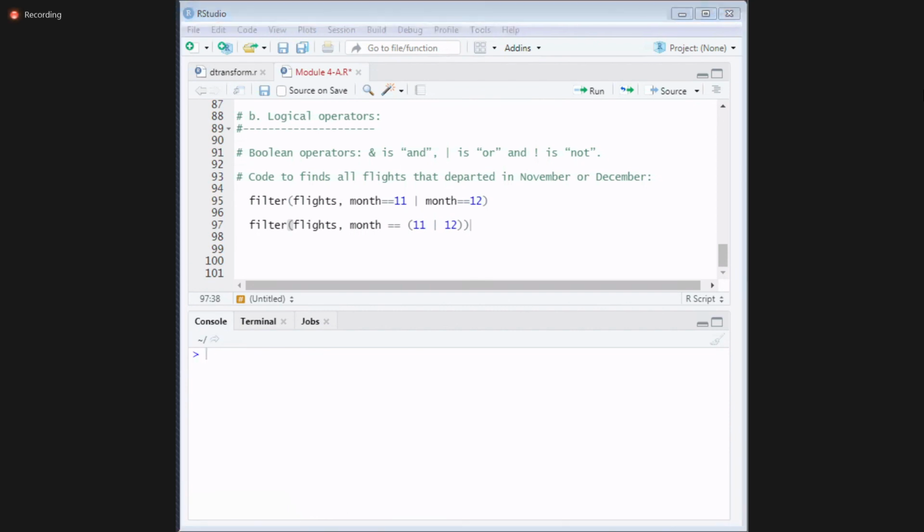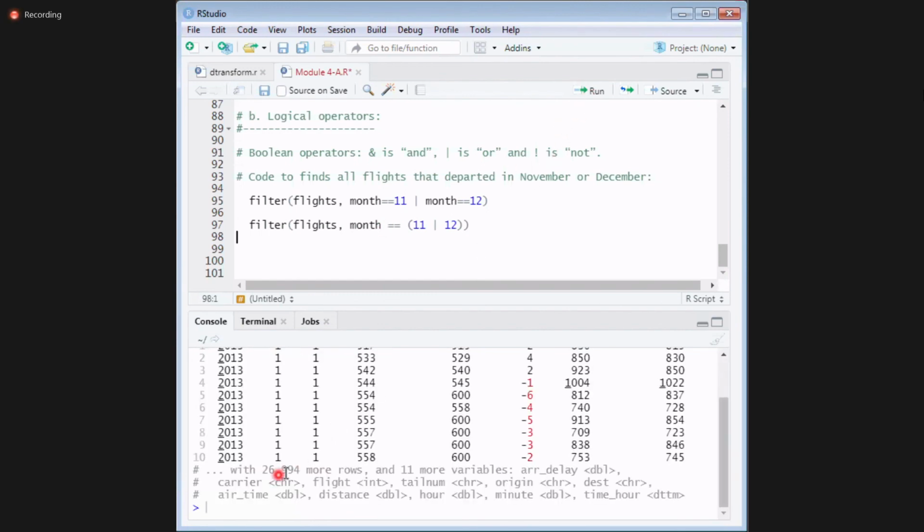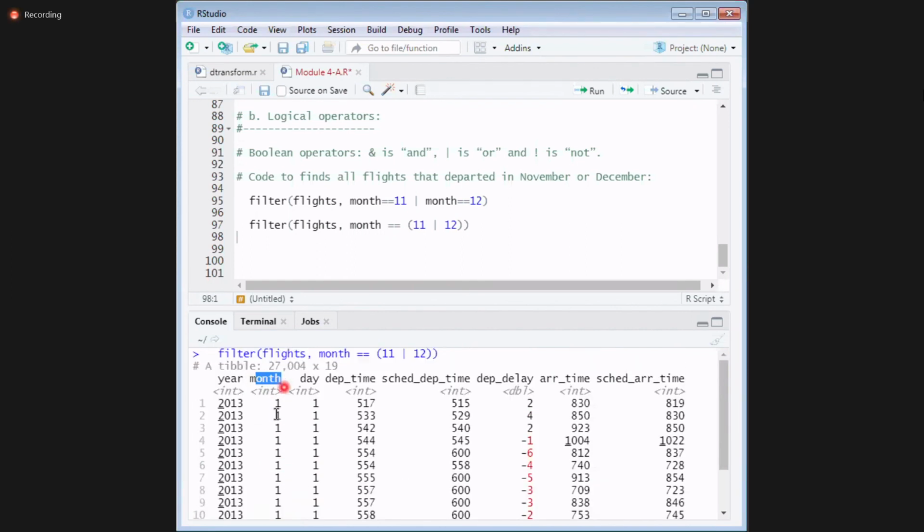For this query there are around 26, but if you observe carefully, for what month did you get? For month 1, that is January. But your question was for November or December. How come January came?